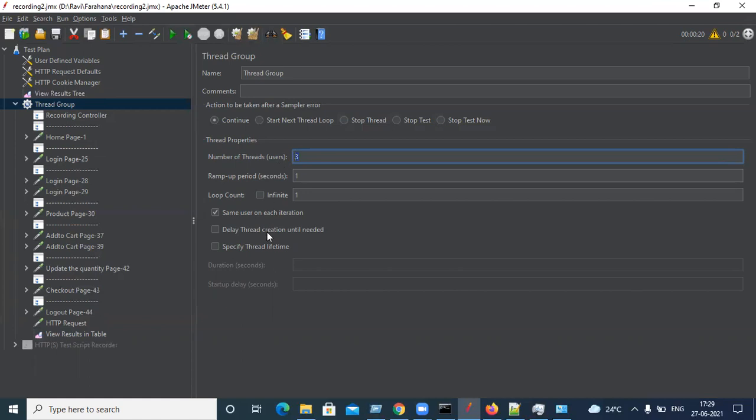So now, if you check infinity, what happens is it will keep on hitting the test unless you stop the script manually. Suppose you want to apply more load, there is no particular count, but you want to keep on hitting the application to check how the application behaves, then we'll put infinity. Based on the users, it will hit that many users. It won't stop, so you have to stop the test manually. Suppose you're running for 1 hour, 2 hours, 3 hours, we'll just click on run and stop after 2 or 3 hours. Otherwise, you give the number, or you get the default 1.